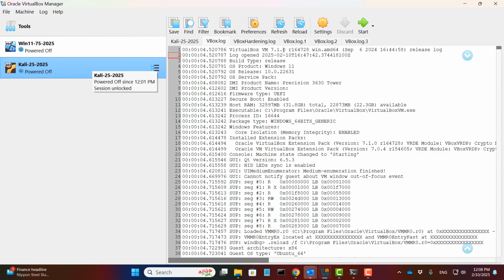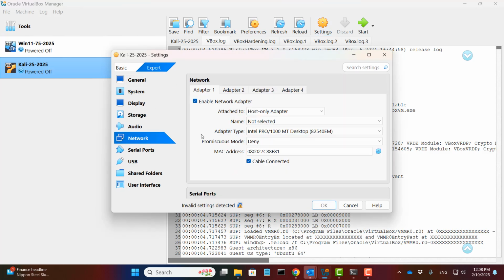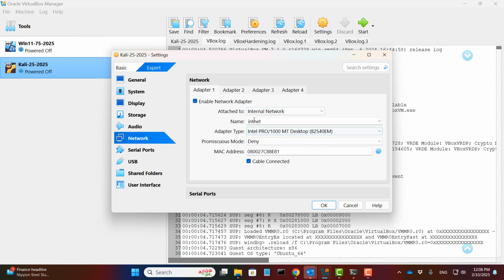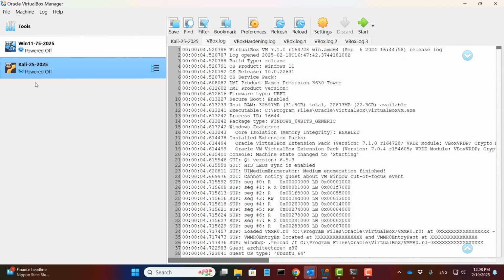Kali VM. Again, we click settings, we go to network, and we choose internal network. Then you can see again, it's called intnet. So that's good. However, we want these two VMs to get